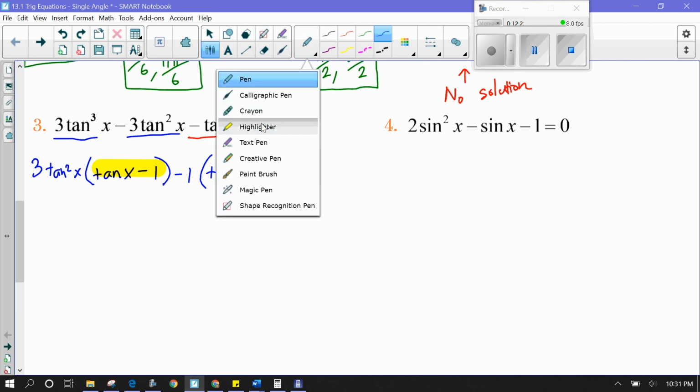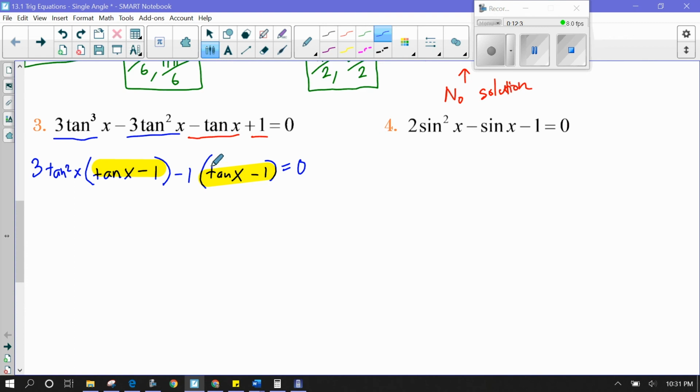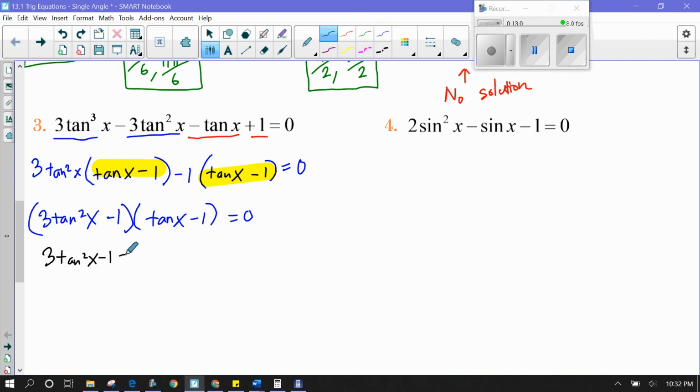And so now, because both of these end up being the same, we can continue using grouping, and we'll take 3 tangent squared x minus 1. That goes together in one set of parentheses, and those come together in the other set. Okay, continue using the zero product property,